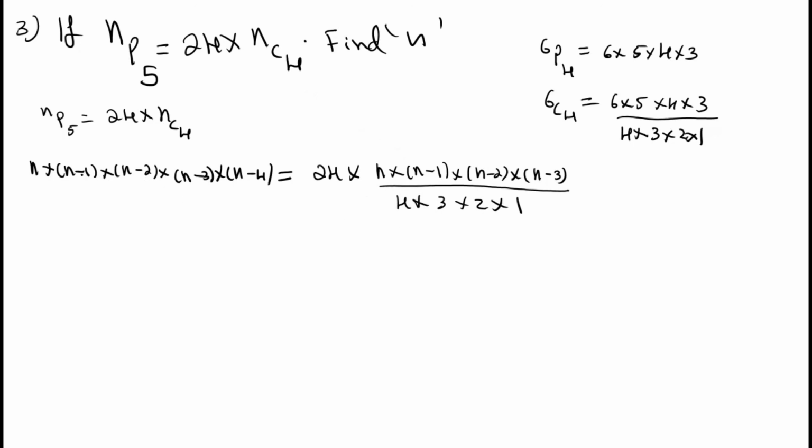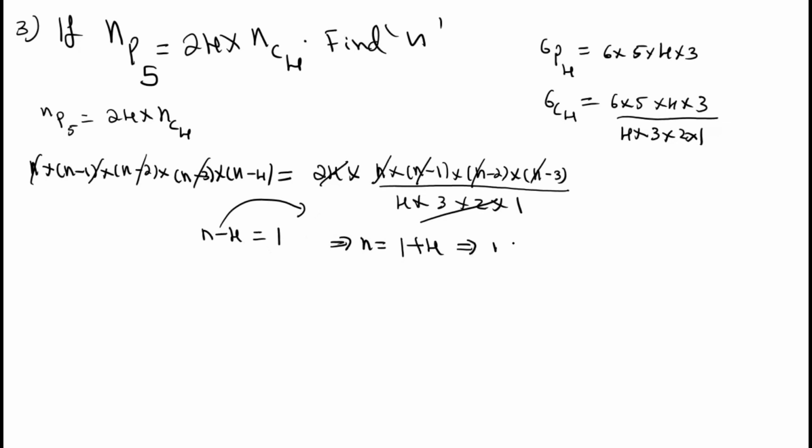Now see, up to n into n minus 1 into n minus 2 into n minus 3. Here also n into n minus 1, n minus 2, n minus 3 get cancelled. Left hand side n minus 4 is equal to, here 4 into 3 into 2 is 24. This 24 gets cancelled, right hand side equal to 1. This implies n is equal to, take minus 4 to LHS, you will get 1 plus 4. This implies n value is equal to 5. So required answer is n is equal to 5.